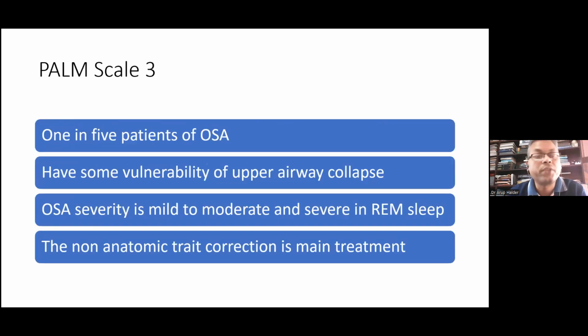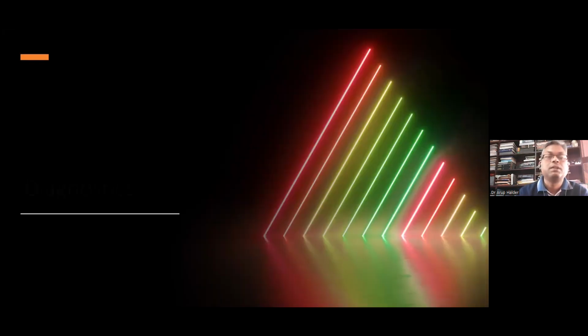PALM scale 3 is more of a physiological trait than an anatomical trait, and they have some vulnerability of upper airway collapse, and OSA severity is usually mild to moderate and usually severe in REM sleep, where the muscle responsiveness is very low, and the non-anatomic trait is mainly corrected with some physiological measures as already been dealt with. So now that is all for the